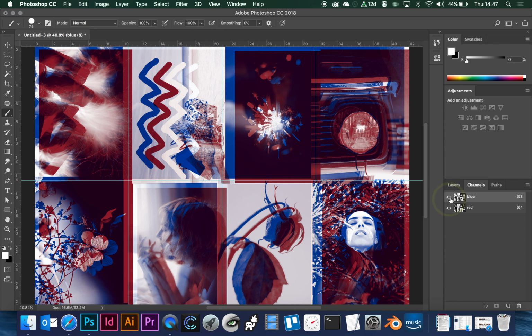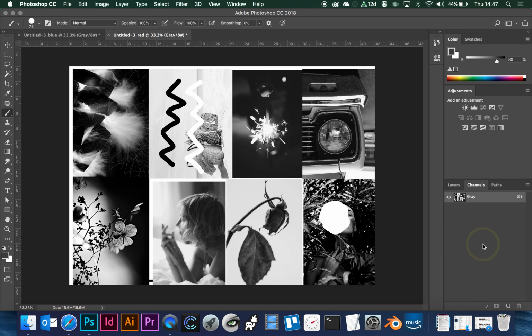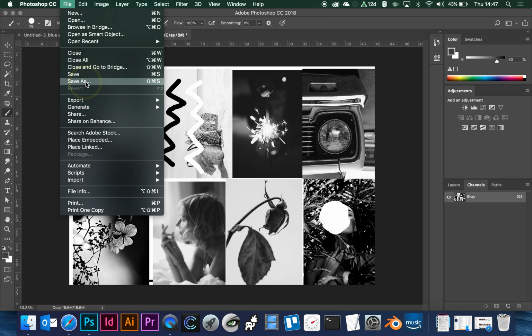Okay, so what we're going to be printing out is a blue and a red sheet. Okay, but when we print them out, we're going to be printing them as black and white, and then we're going to scan those into the Riso. So go to here and split my channels, and that will give me two files, a blue and a red file. Okay, and I can save those,